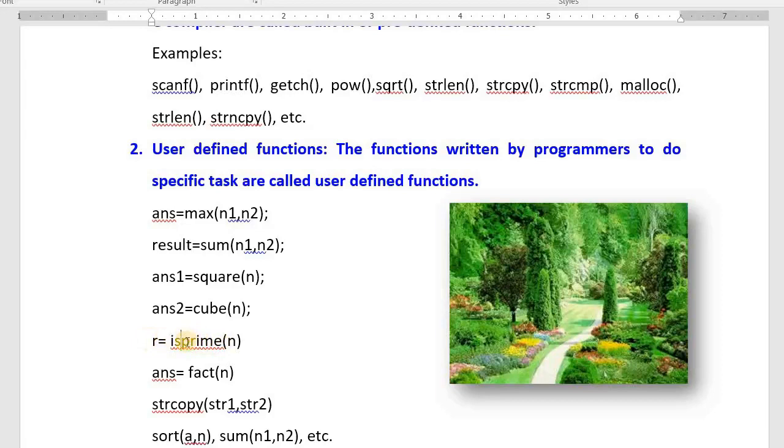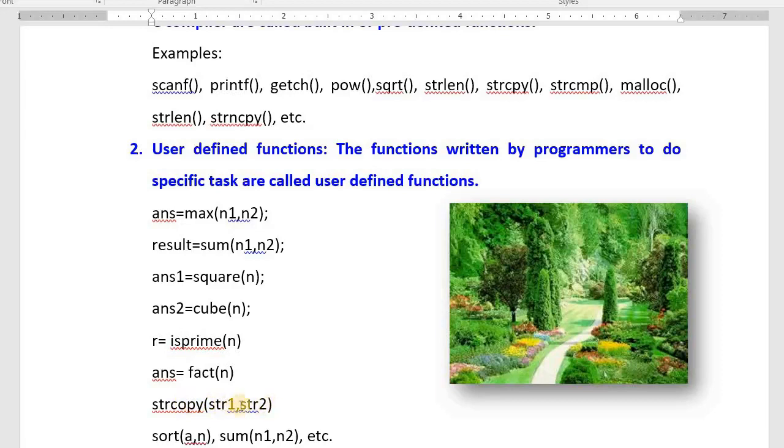Already I taught you in the computer programming lab. Fact. Fact is another user-defined function. It takes one value. It gives me the factorial. Whatever it gives, that will be stored in ANS. strcopy. This is not strcpy. strcpy is built-in. strcopy is created by me. It takes two strings.